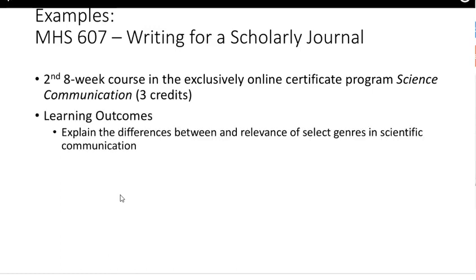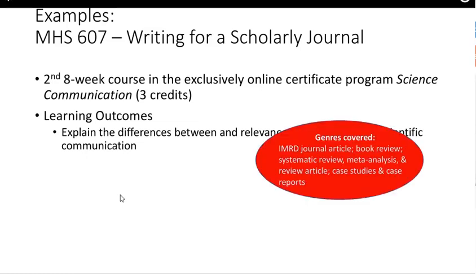Just to share the learning outcomes with you so you have an idea what the class does. One of the outcomes is that students will be able to explain the differences between and relevance of select genres in scientific communication, and the ones that I focus on in the modules, and there are assignments for these as well in each module, are the IMRAD journal article, and IMRAD stands, just to make sure we're all on the same page, for introduction,